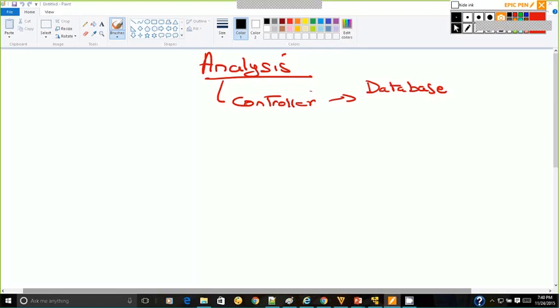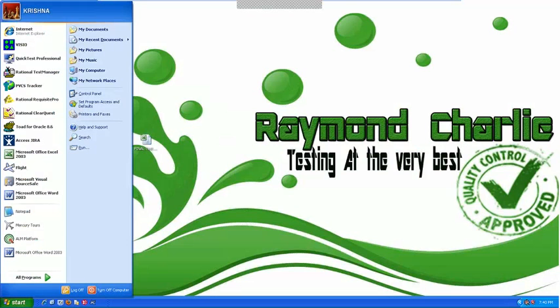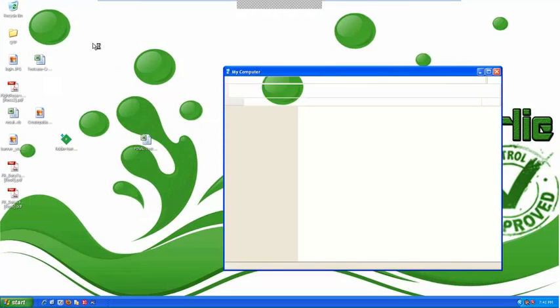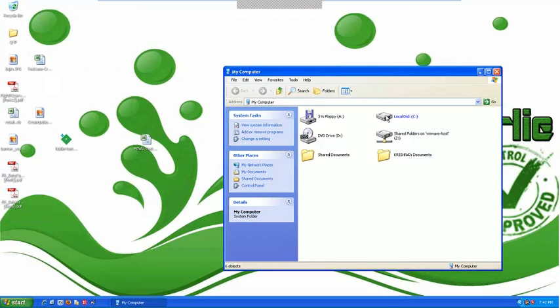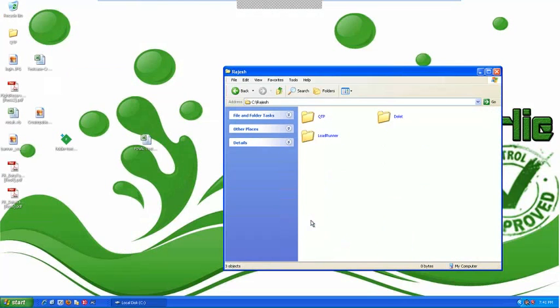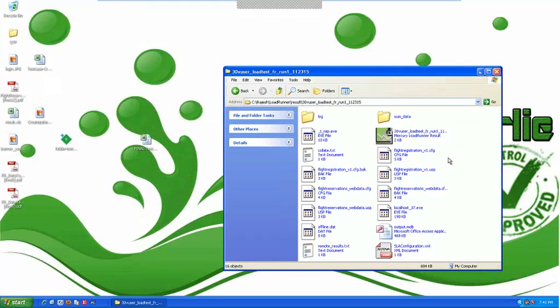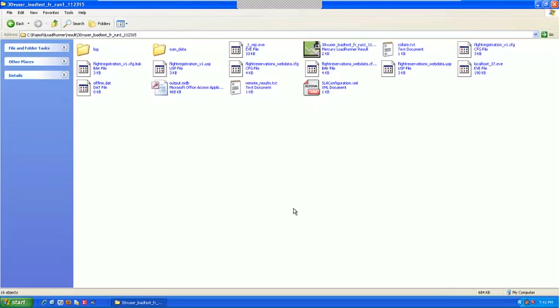Now, yesterday what we did, we went in and started saving the controller, right? When we ran the test, we saved the result. So let me go to the location where the result has been saved. LoadRunner result. This is the test that we ran, right? Is this the one? No, not this one. This, the 30 user load test. This is how the result gets saved.